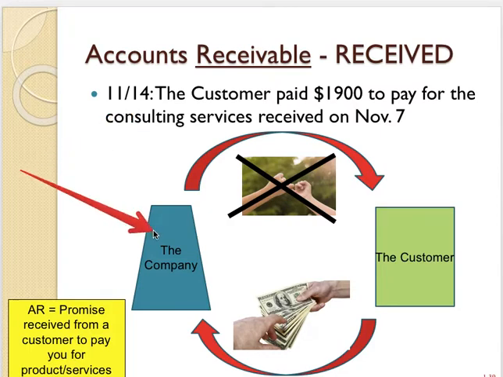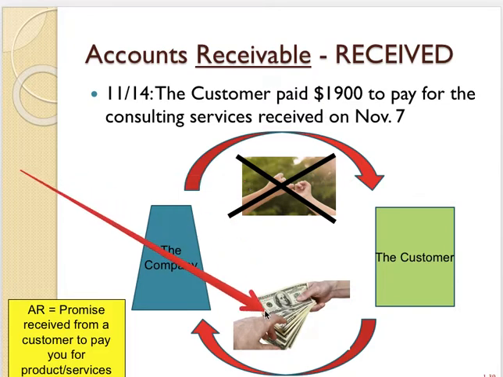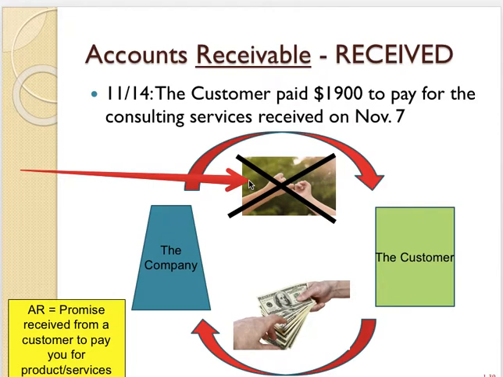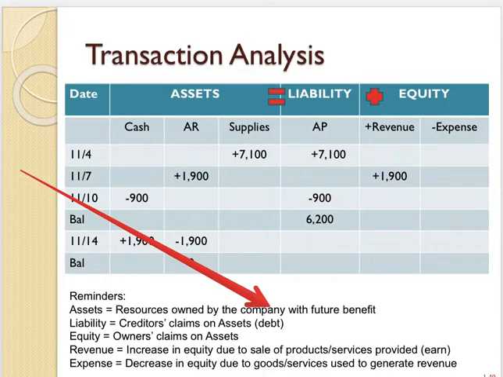So in this case, the company is receiving the cash from the customer, and in exchange, we're going to cancel out what the customer owes us. We're going to cancel out the future benefit because we've received it. The future benefit was cash, and now we've received it. So it's no longer future benefit of AR. It is the cash. So if you look here at the accounting equation,